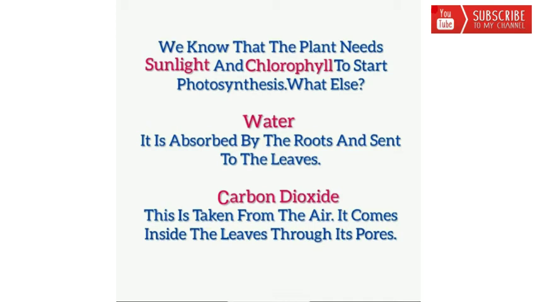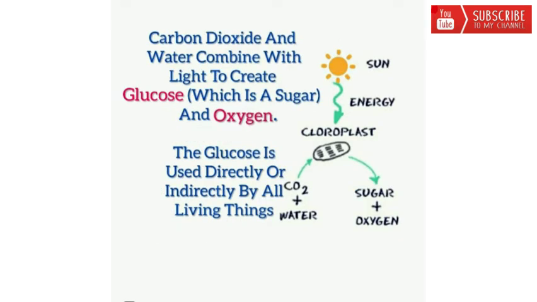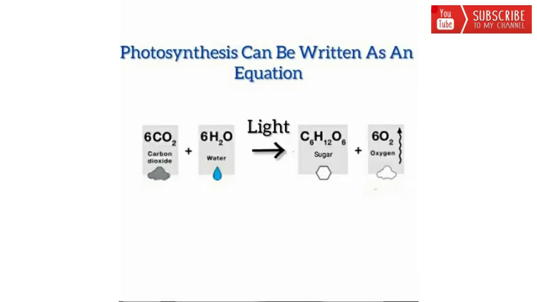What else? Water. It is absorbed by the roots and sent to the leaves. Carbon dioxide. This is taken from the air. It comes inside the leaf through its pores. Carbon dioxide and water combine with light to create glucose, which is a sugar, and oxygen. The glucose is used directly or indirectly by all living things. Photosynthesis can be written as an equation